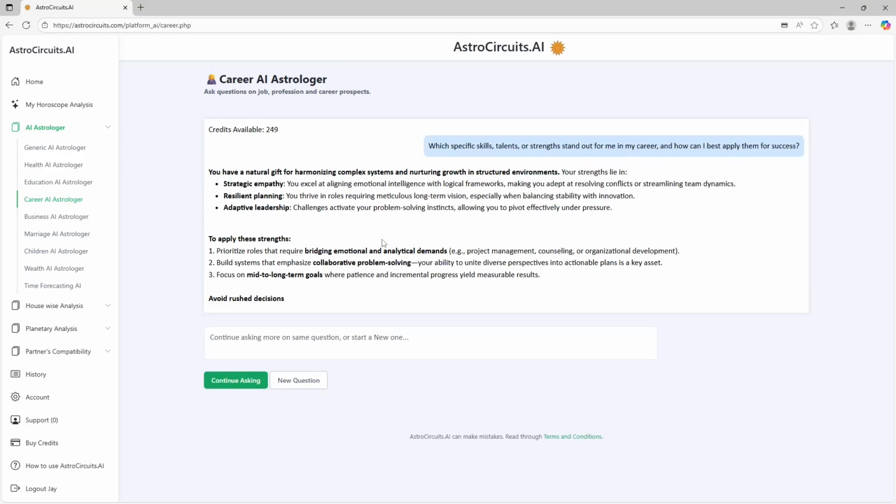So it is giving me a response telling me what natural gifts I have and how I can apply these particular strengths. It is also telling me what I should not be doing or what I should really be avoiding. And then to build on this response, I can further go and ask something like,